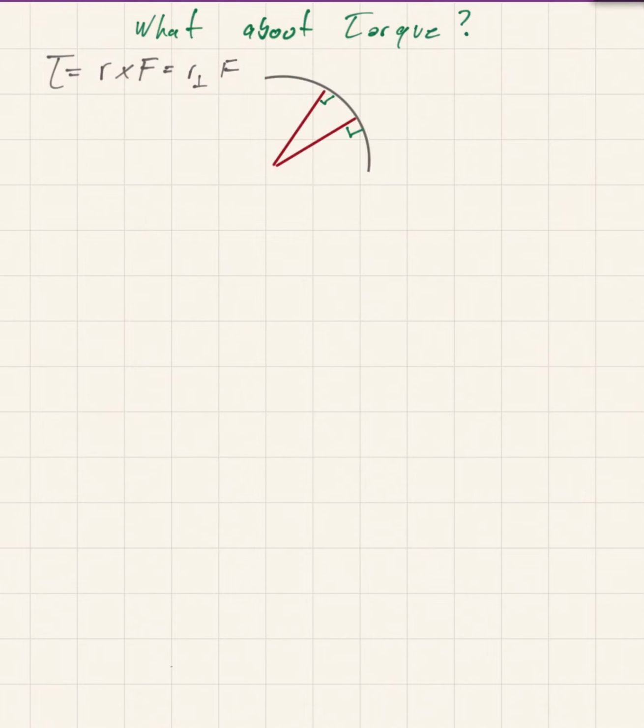Now, in circular motion, you notice that r is always perpendicular to the trajectory. So r and that linear force, F, are always perpendicular in circular motion. So torque equals rF results in r times ma, which is our force ma, and that is equal to mr squared alpha. Now here we're really only considering a single particle,